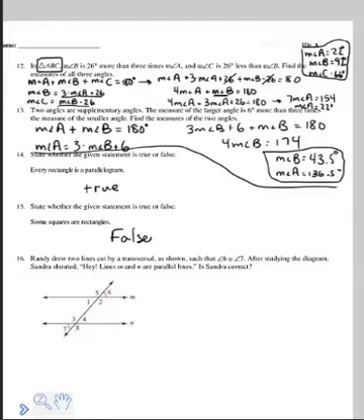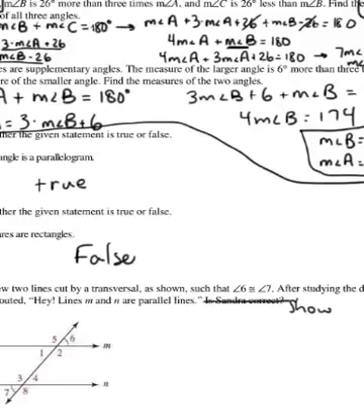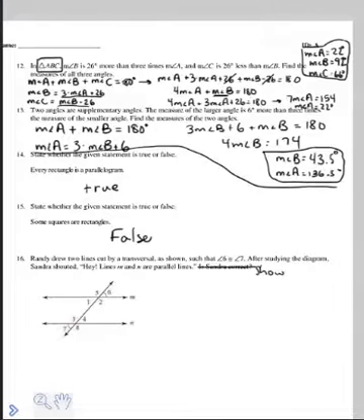Okay, Randy here drew 2 lines cut by a transversal, and it says here that the measure of angle 6 is congruent to the measure of angle 7. Those are alternate exterior angles. Sandra shouted, "Hey, lines M and N are parallel." I don't like this being just a yes or no question. It should read, show that Sandra is correct. So, how can we show that